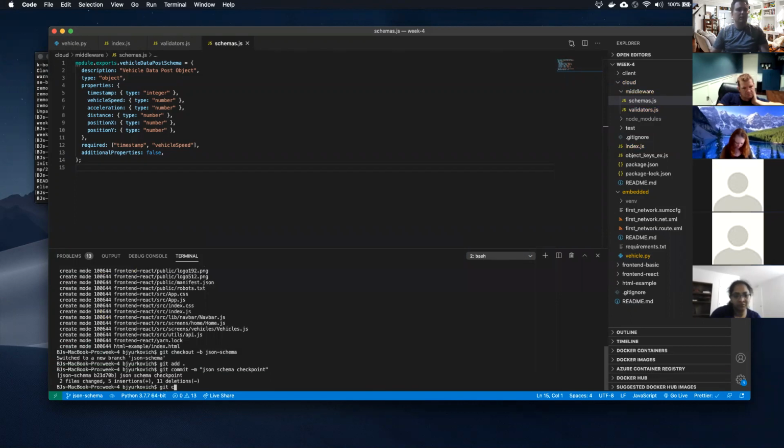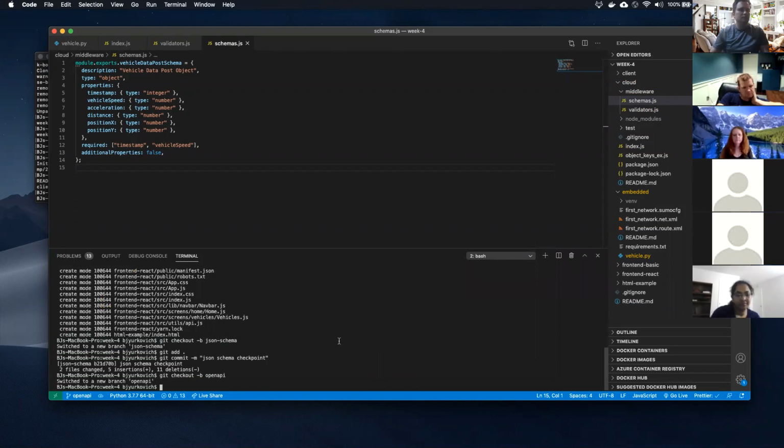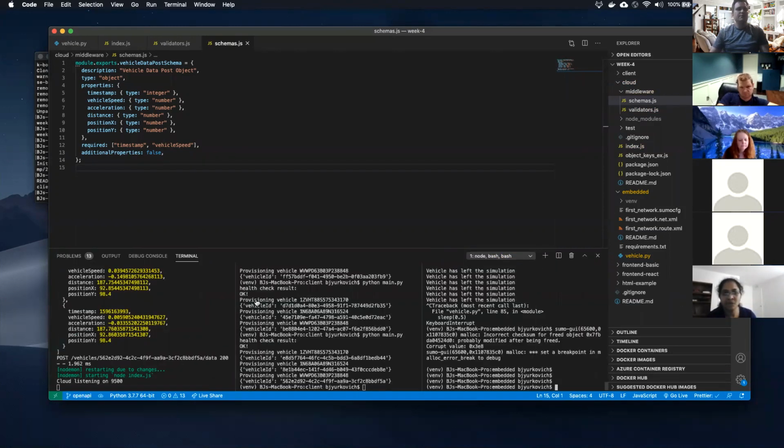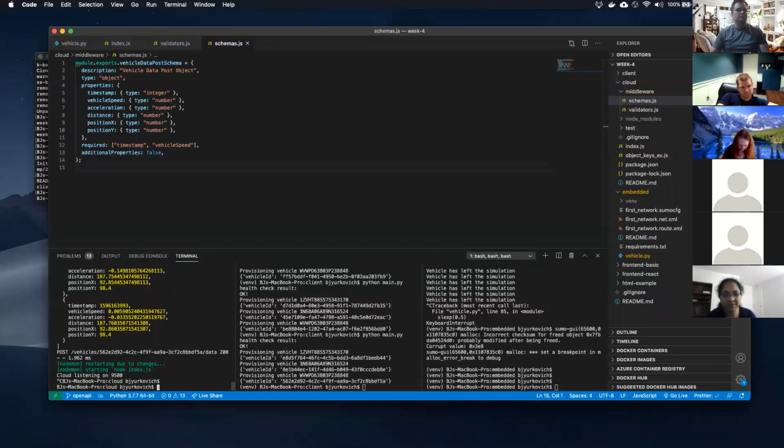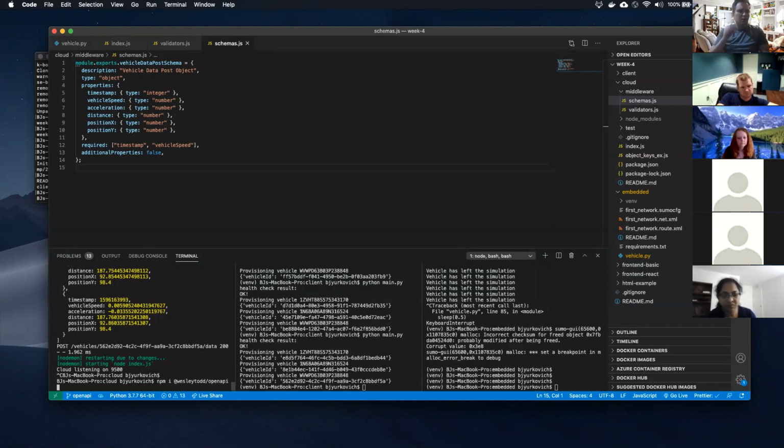All right, and then check out, do a new branch for OpenAPI. All right, and then go back to, I'm going to install this Wesley Todd library.